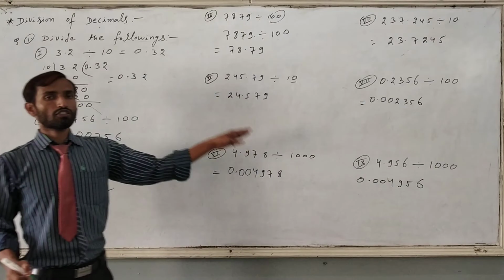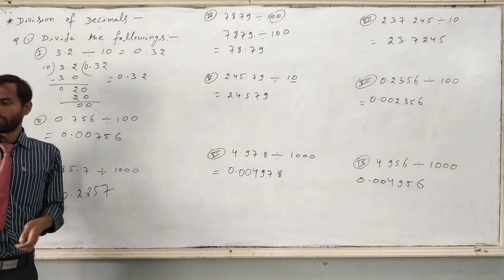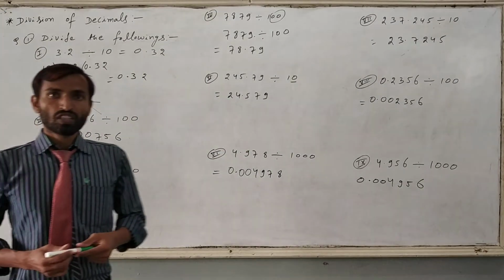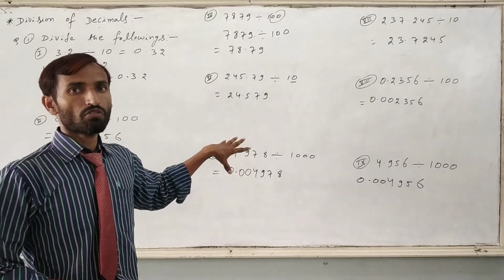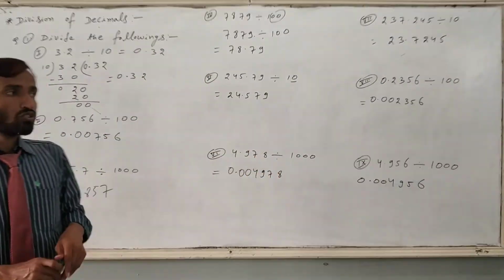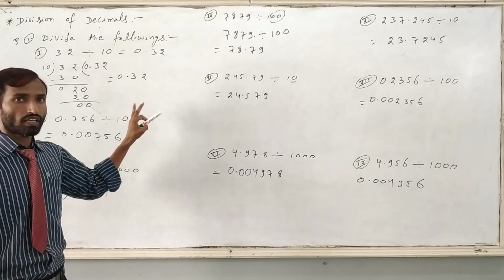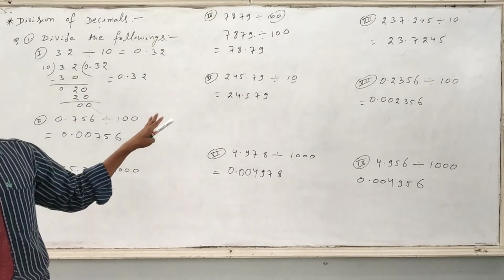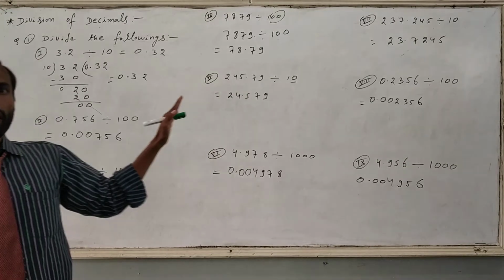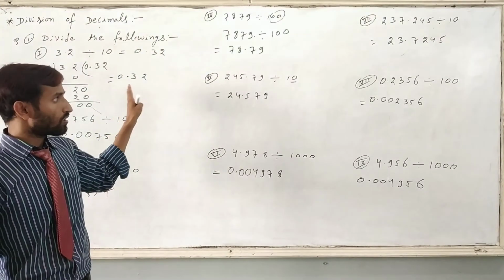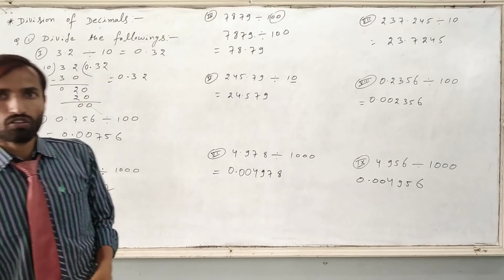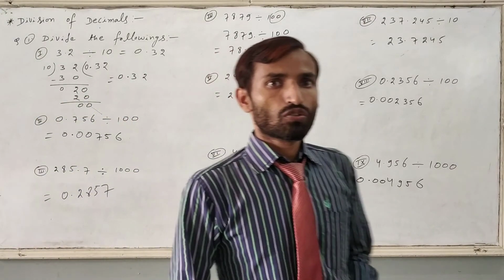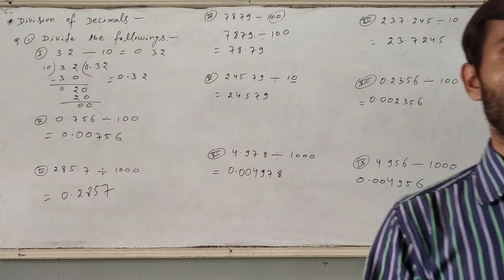Like that, you have to do exercise 2h question number 2. The same types of decimals are given and the same types of division you have to do. Just do these questions based on this example. See this example accurately and go through all the questions. Then you can solve all the questions in question number 2, exercise 2h. That's all.